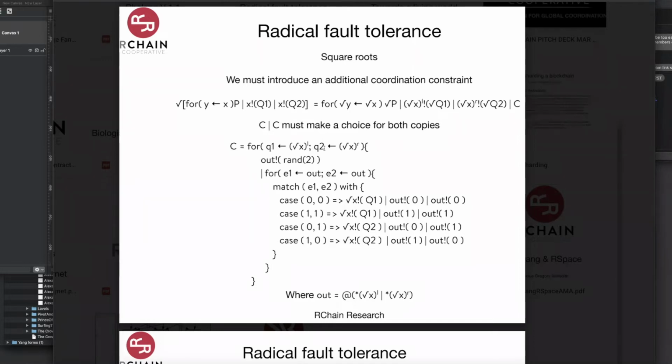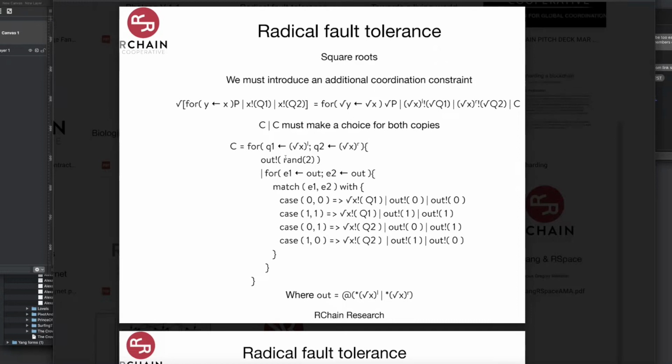So what we'll do with C is C will listen for Q1 on the left namespace and for Q2 on the right namespace. And out is going to be some channel that's distinct from everything else. We can choose it to be, for example, this one, which is guaranteed to be distinct from all the channels that we might muck about with. We know because of the way rho works that I can always construct a channel out which is fresh from every local name. Again, I refer you to the rho paper for that property.